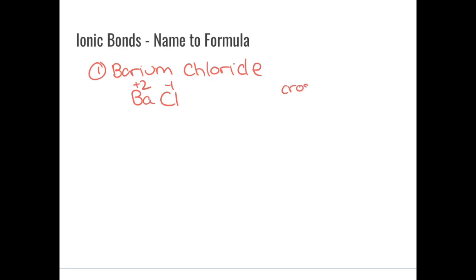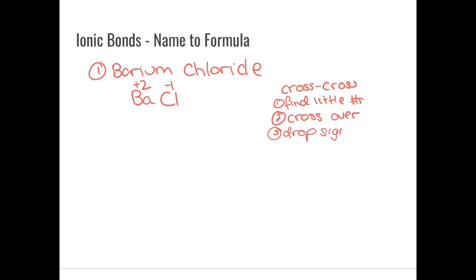So now, for the crisscross method, the steps are, you find the little numbers, you cross them over, and you drop the signs. The signs will mean more next year, so just get in the habit of writing them down. So the 2 goes to the Cl, and the 1 goes to the Ba. So when I rewrite this, I'm actually going to write BaCl2. And if you notice, I did not write the little 1